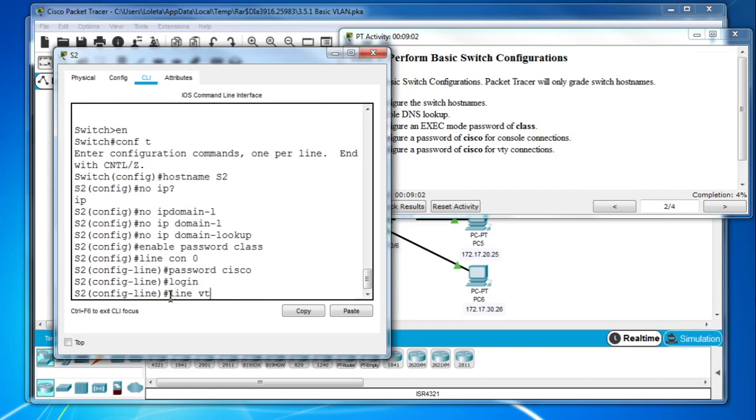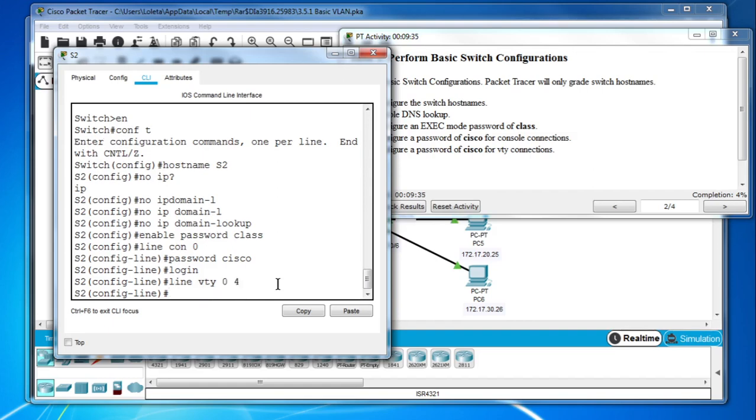So line VTY. Hold on, I go too fast. Line console 0. So this is the console. So just shorten it and say con. Right. Then line VTY, let's go 0 to 4, as in the first 5 VTY ports. And the login goes with that, right? Yes, login. So password Cisco is saying the password is Cisco. Login says